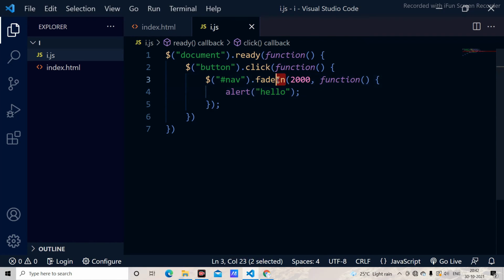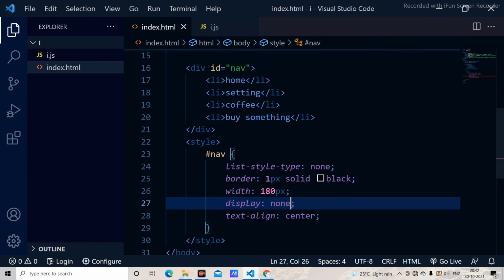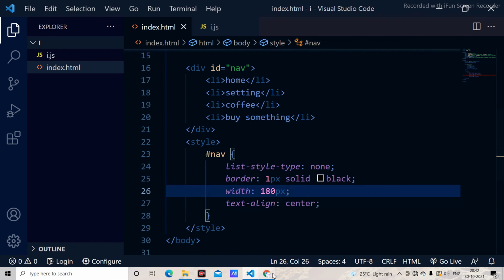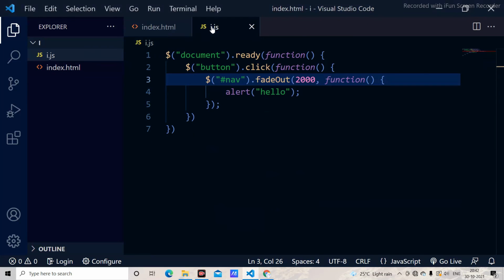And along with it we have fade out, and I just save it, and here in the fade out, I remove this display, and save it, and here comes fade out. Whenever you click it, it is going to disappear everything, and it is going to give us the alert. And we have the fade toggle.